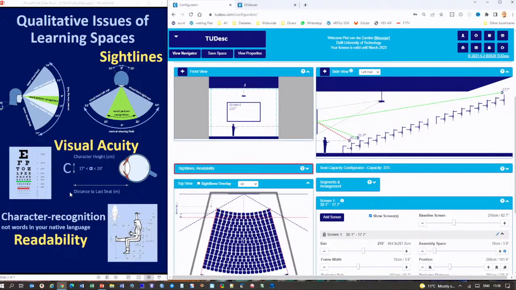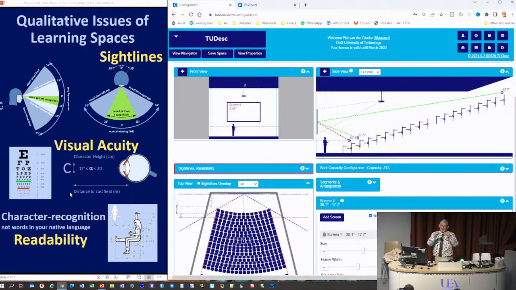And why is that important? Because you think you have a broad view within your eyes, but you can only read characters in a small area of 10 by 30 degrees. So if you have to follow when you're in the front, you really have to follow the text in this way. So you need to consider that when you